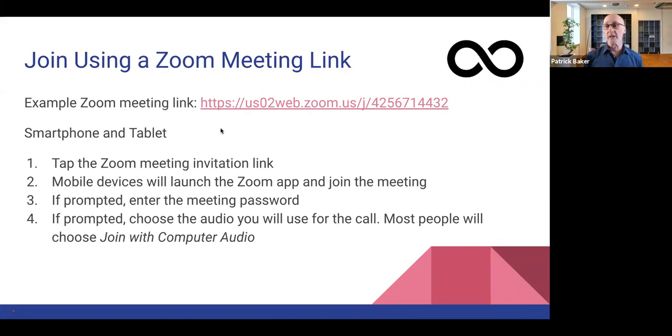So if you're joining by a Zoom meeting link, this is an example of a link. You might have seen something similar to this one. Oftentimes, a meeting host will embed the password for a Zoom meeting in the link itself. That's an option in the settings to allow that to happen. Otherwise, your meeting participants will have to click on a link and they may be prompted for a password to